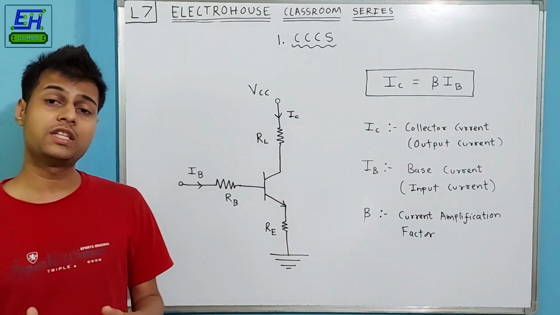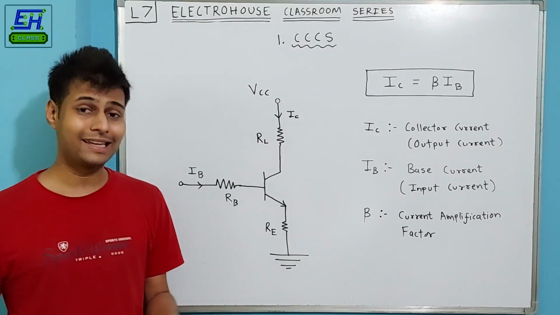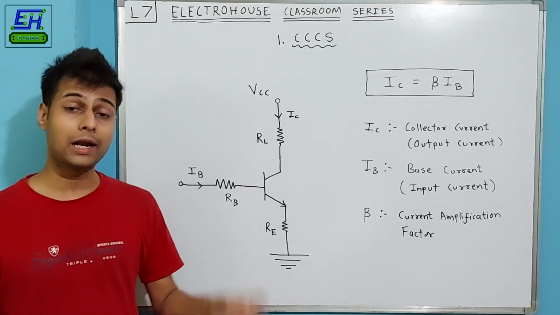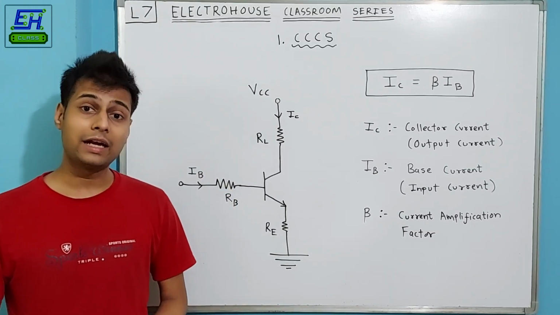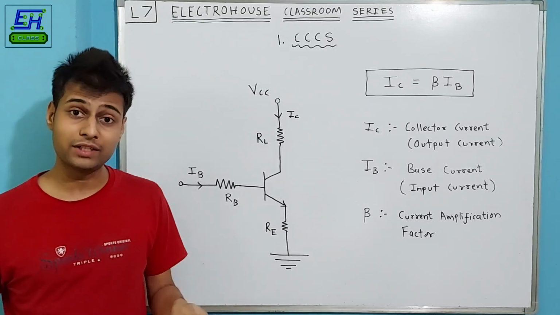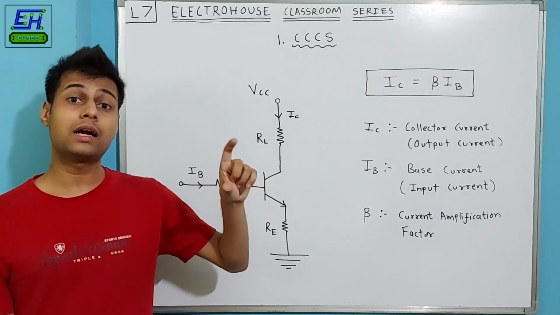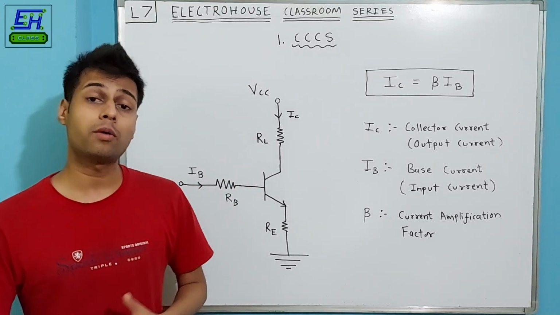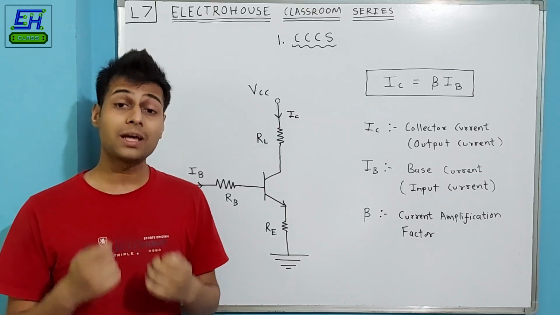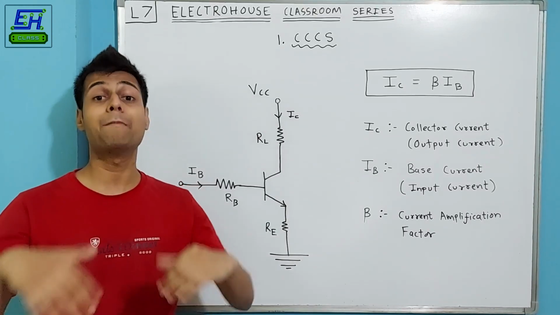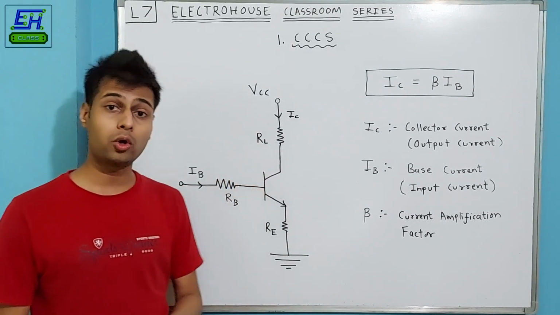Okay, so more specifically in cases where we require an amplified version of certain current, it can be any current. For example, it can be current output from a photodiode. Now output current of a photodiode is directly proportional to the intensity of light which is incident upon it. So it actually gives us a current output. Now the current output from a photodiode is very minuscule or very minute. So in order to further process the signal, it is very important that we amplify that current signal. And we can amplify this signal using our current controlled current source.